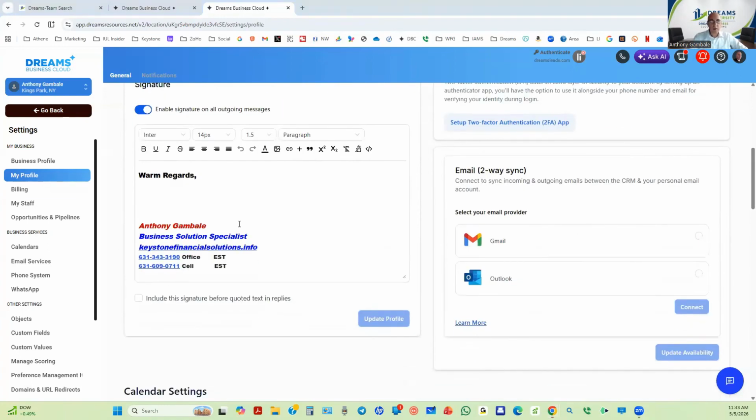And then you're going to create a subject line, just like I did here, with the information to your website. You're going to hit update, and every time you send an email through the system, which is conversations, or individually, this subject line is going to come up prior to, just like if you have the subject line set up in your Gmail, this subject line is going to pull up